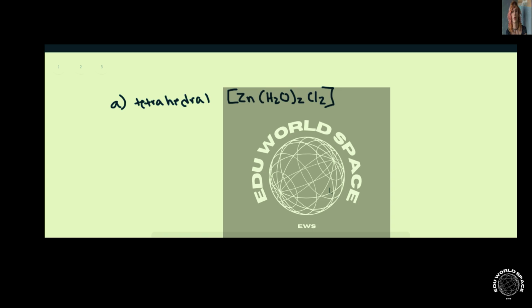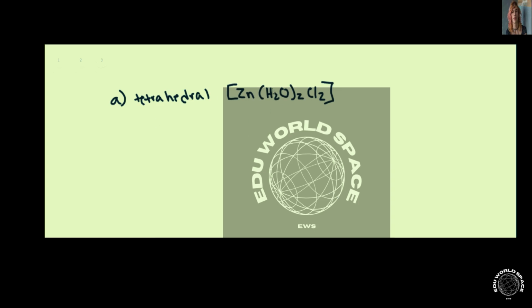This question is asking us if three different metal complexes are chiral. And we start out by looking at this tetrahedral zinc-based complex. So we're going to draw this out as zinc, where we have one thing coming out at us and one thing going away from us. We can put our OH2, OH2,